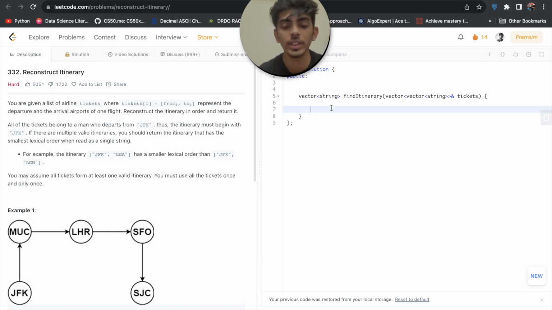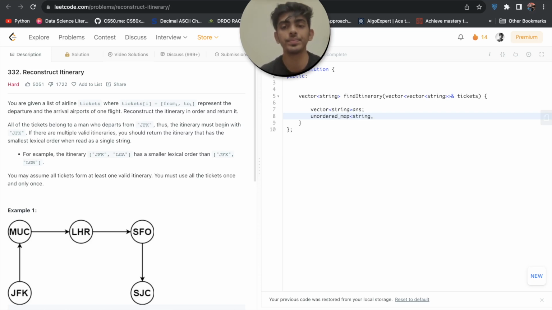So first of all, we will declare the vector of string answer, right? After that we need to declare our unordered map, which has key as string and value as priority queue having string.